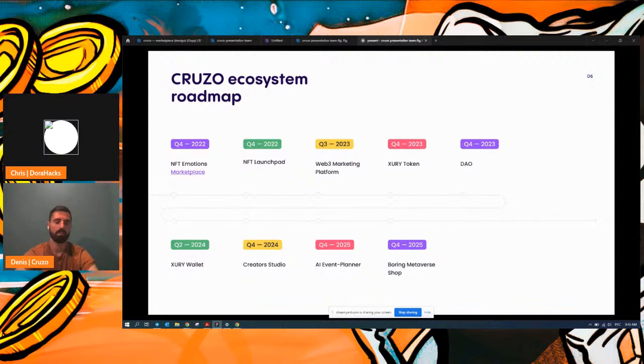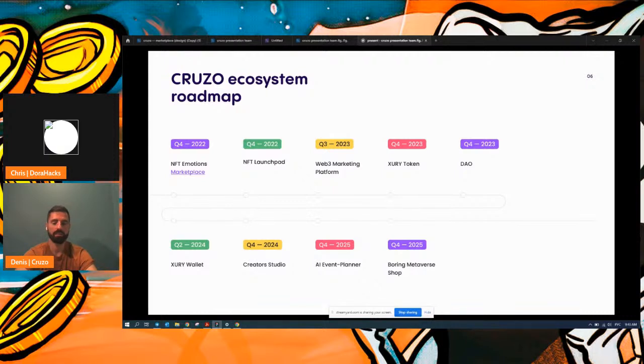In the future, we want to release an NFT Launchpad to help creators, brands or celebrities launch their own collection. For example, Elon Musk might like to have a seasonal greeting collection. Why not? Also, a Web3 marketing platform, to help analyze and promote collections and NFTs.